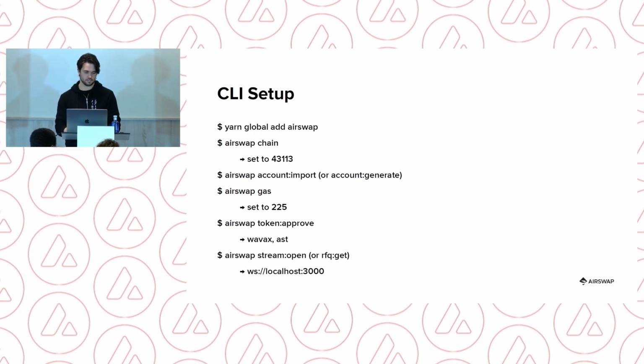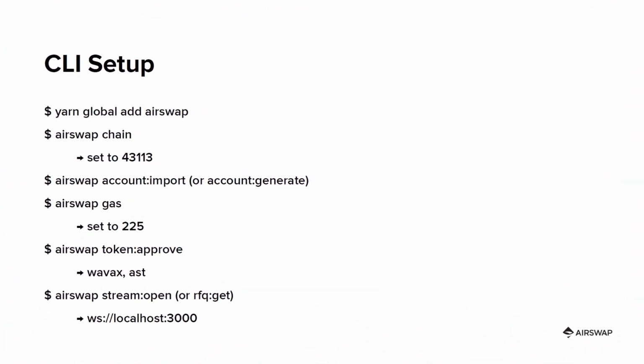So first I'm going to try an RFQ get, which will send a request to the server for a signed order, which will return it, and then we could submit it to the blockchain and perform the swap. So the locator in this case would be localhost 3000. I don't remember which account holds which tokens, so maybe we'll just try to buy some AST, small amount,